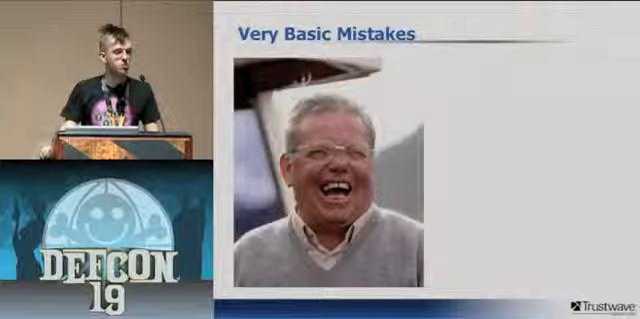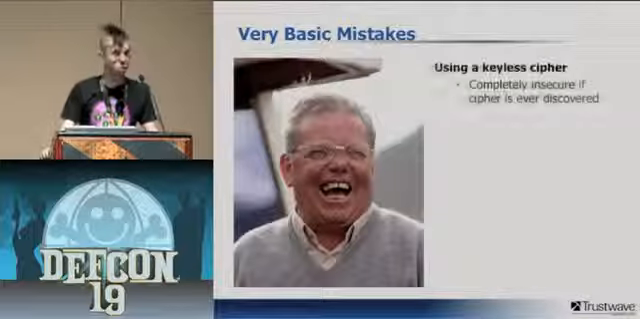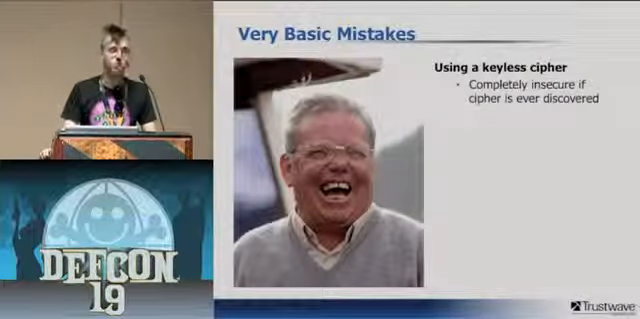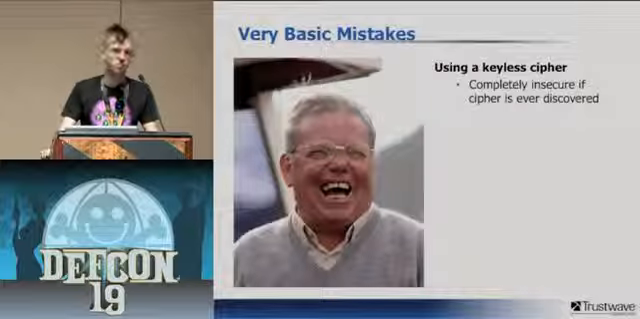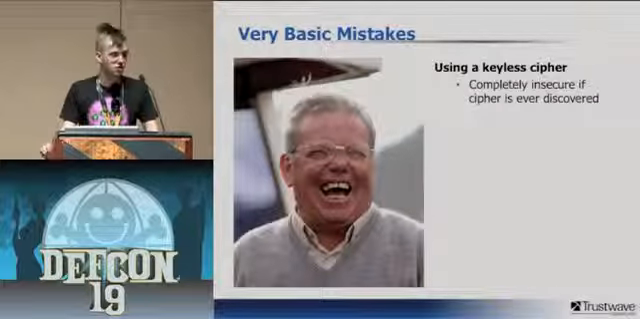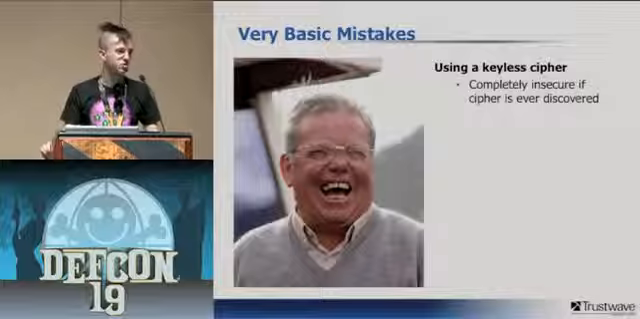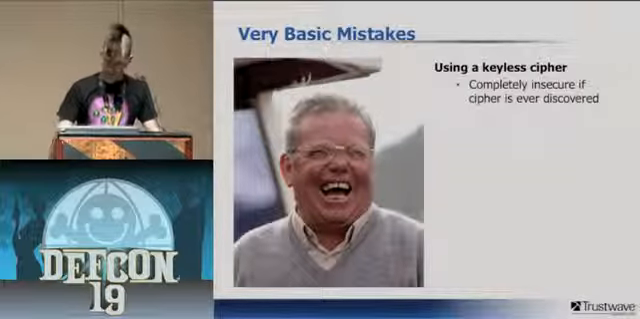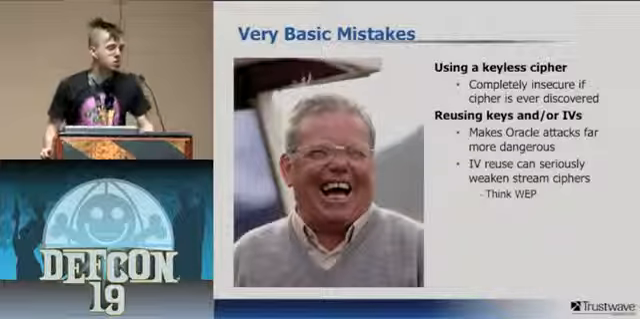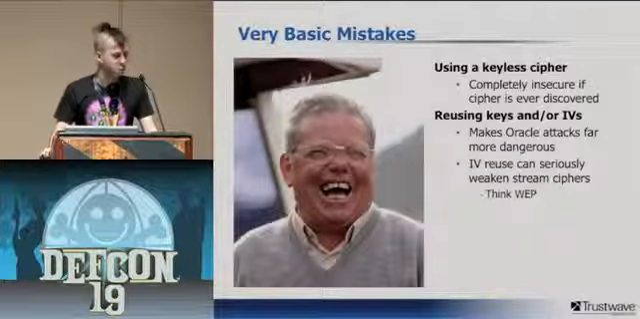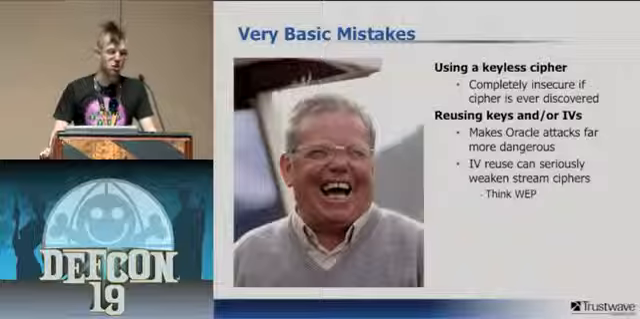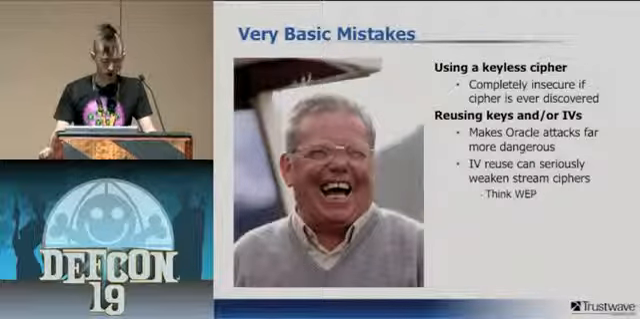Let's talk about some basic mistakes. One, using a keyless cipher. If you're using a keyless cipher, it is not secure unless it's totally private, unless nobody else knows how the algorithm works. And even then, it's probably not very secure. Also, reusing keys and initialization vectors. That's a bad idea, and we'll see that shortly. It makes Oracle attacks far more dangerous, and it can also serially